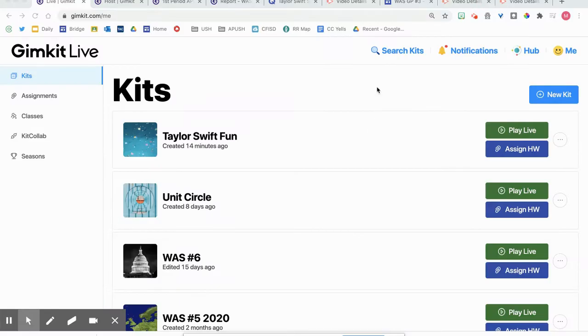So let's say the next thing we're going to look at is assigning homework. Now, when we say assign homework, basically for me that means that kids can practice at home, and they don't just have to play a live game. So the good thing here is there's a little button right next to the kit that you want to use. You just say assign homework,